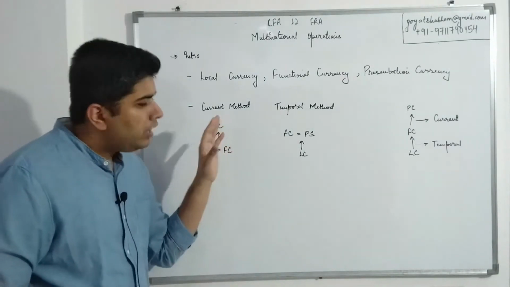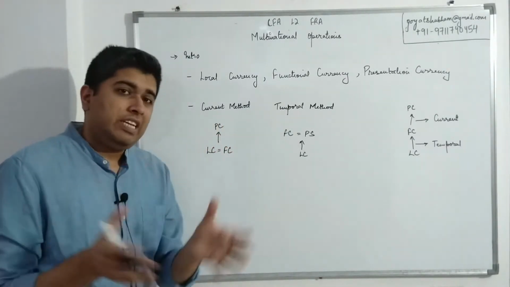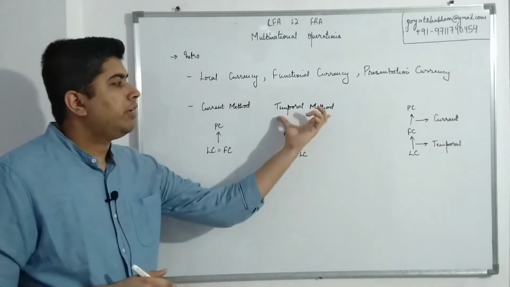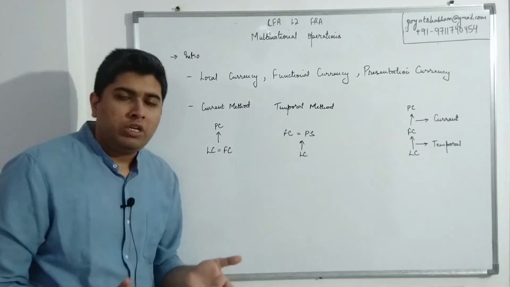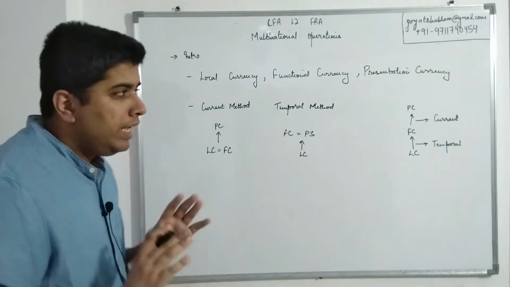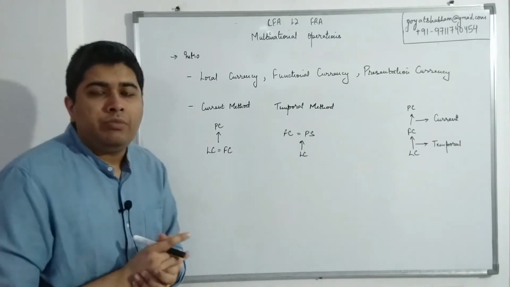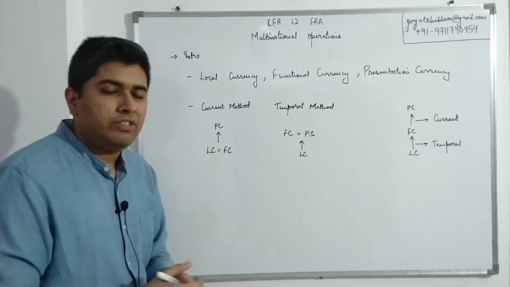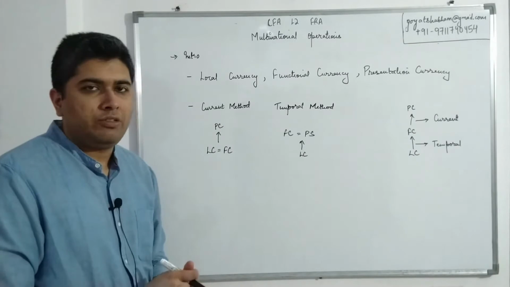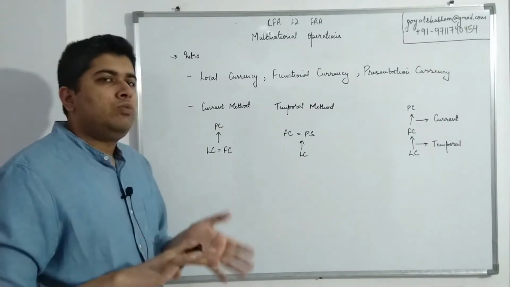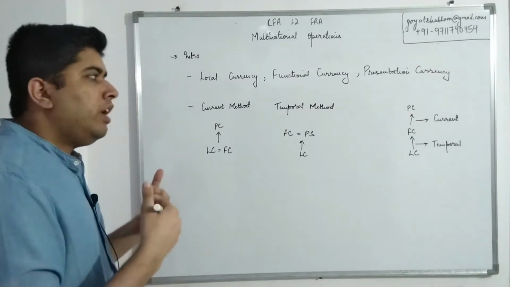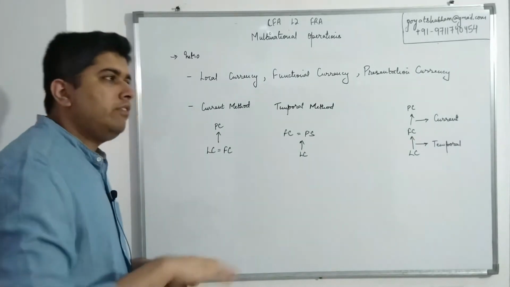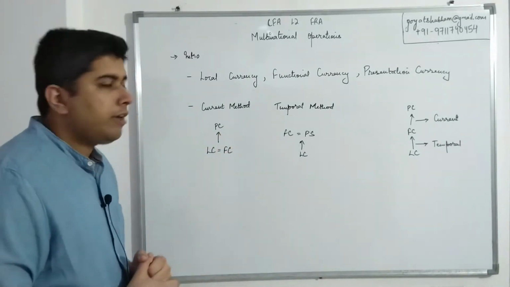So now the entire focus of this topic, this chapter, is going to be on understanding what the current rate method is and what the temporal method is, how both of these work, understanding their rules, and seeing how they are going to take effect with the actual income statement and balance sheet by way of some examples. That's the core of what we have to study for this particular reading. Aside from that, towards the end of the reading, you also have a specific case dealing with hyperinflation. So we'll cover that as well towards the end of this reading.